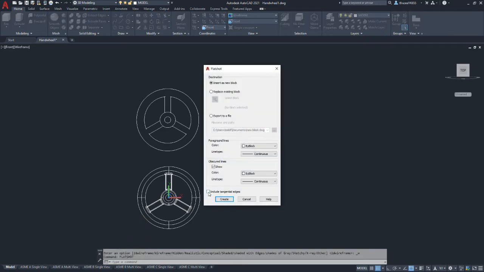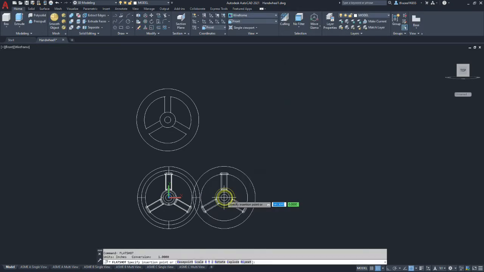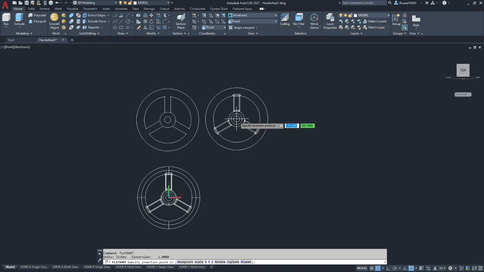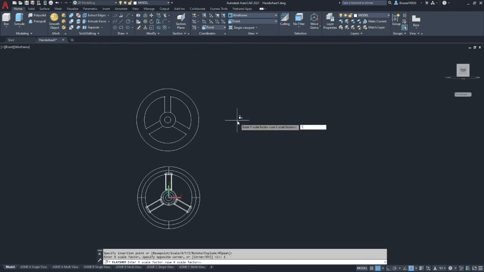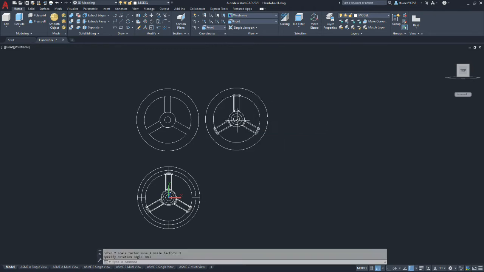We would select this box here that says include tangential edges, and you go OK, and I'll place it next to it so you can see the difference. Okay, so it pretty much looks just like this view here because it's picking up the edges of every feature.